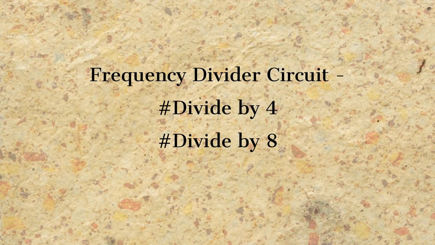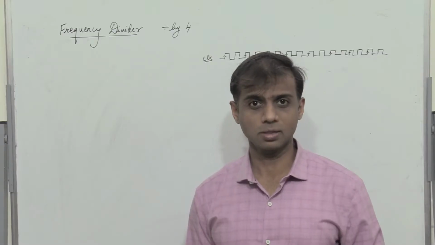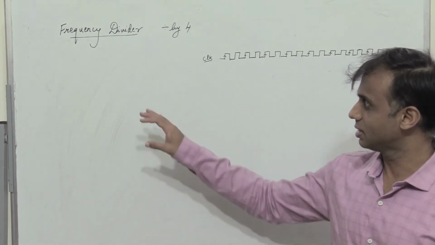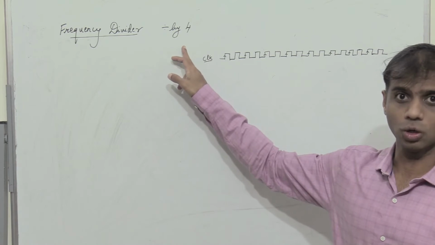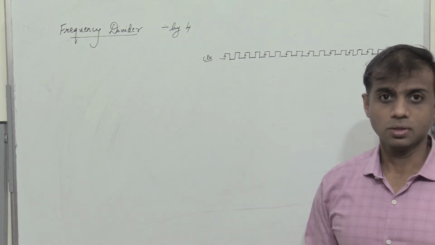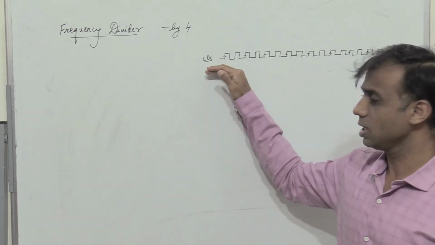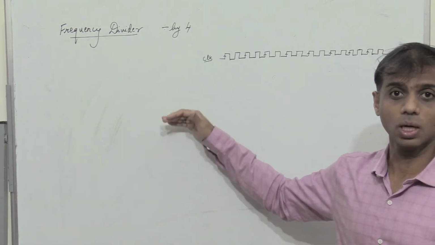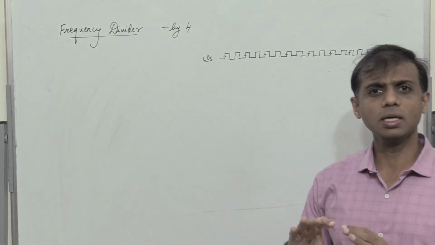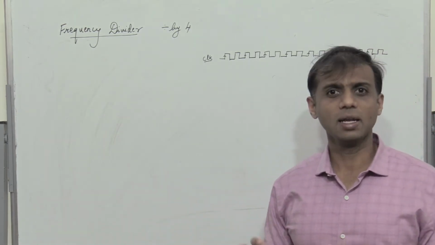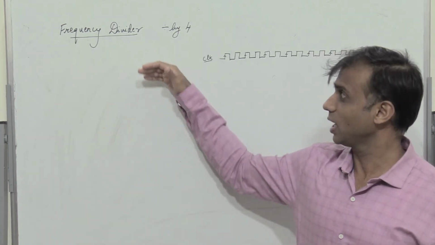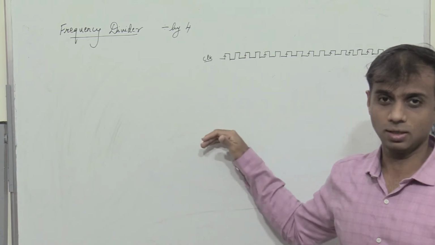Welcome you all to another lecture session on frequency divider circuits. Now in this lecture session we shall see how we can design a divide by 4 and a divide by 8 circuit. So basically you have the input frequency, so the output frequency should be 1/4 the input frequency, that's one circuit, and by making slight changes or by adding another flip-flop to the same circuit we can also get a divide by 8 frequency at the output.